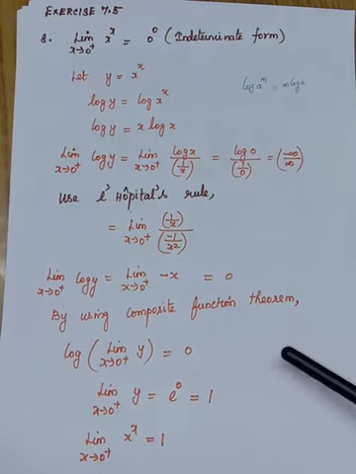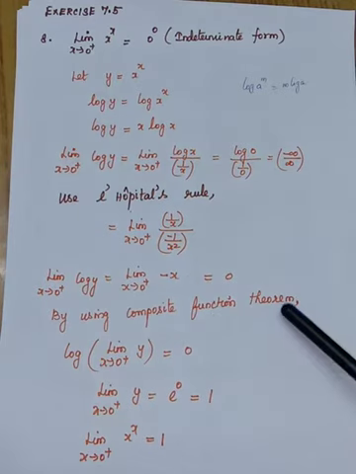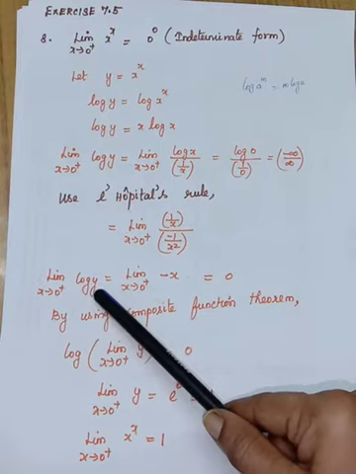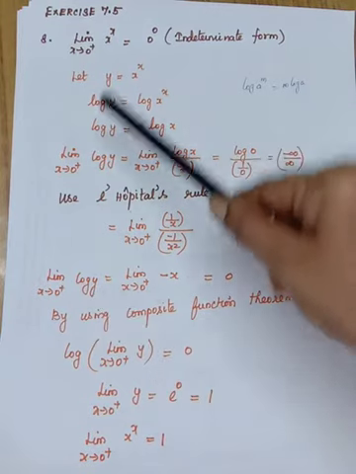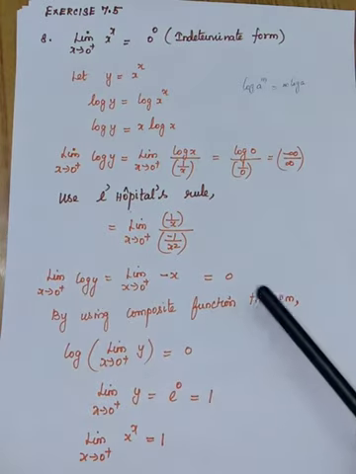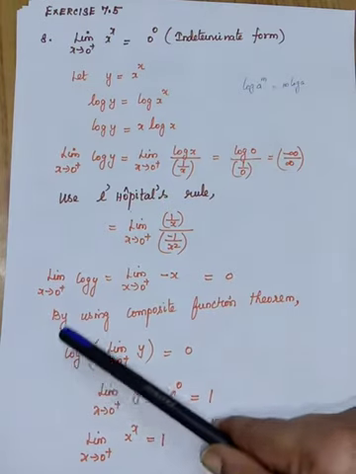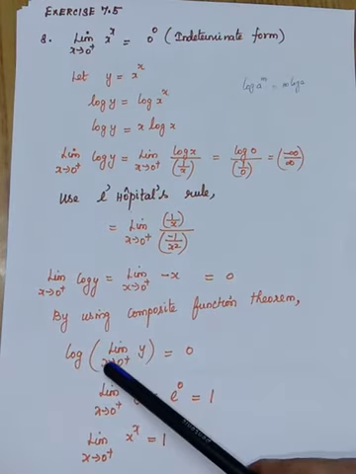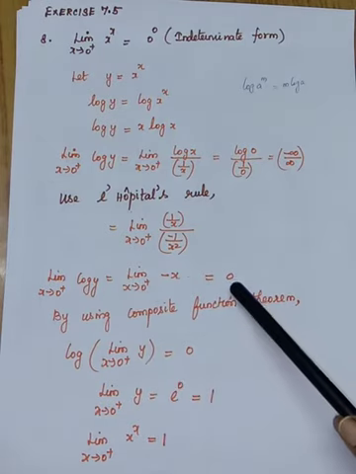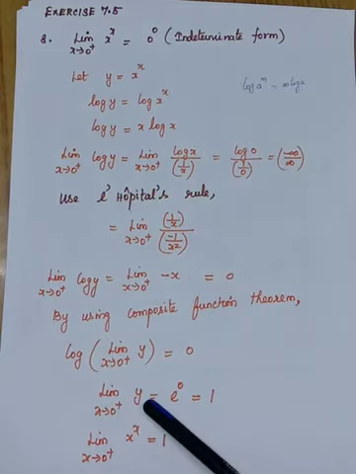Here you have to use the composite function theorem, because here the logarithmic function and the y, which is in terms of x power x, both functions are there. So using the composite function theorem, the logarithmic function has to be taken out. So it is log of limit x tends to 0 plus y, that is equal to 0. So limit x tends to 0 plus y